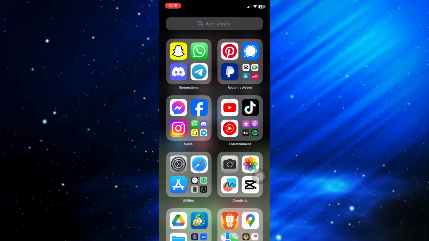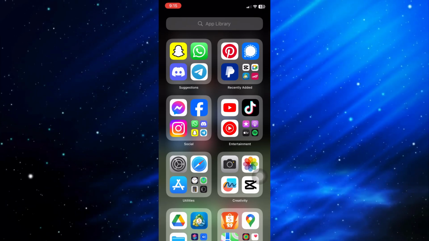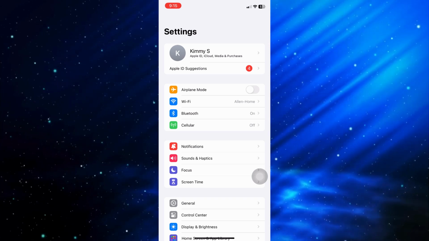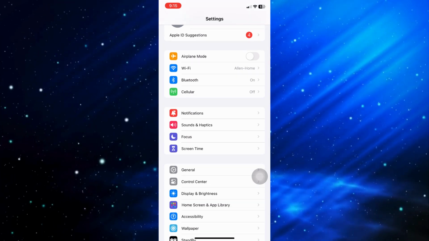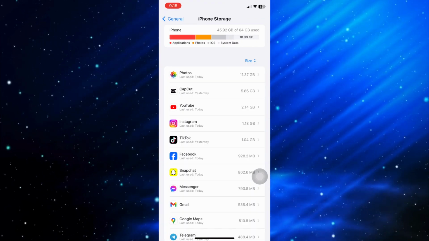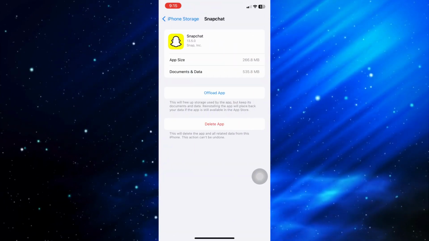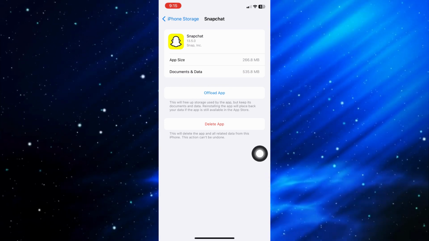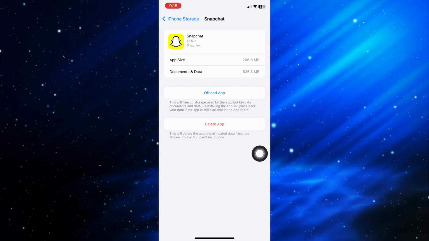Now, the second method in order for you to fix the problem is by heading over to the general settings right here. Inside, click on General, iPhone Storage, and you want to look for Snapchat. Inside Snapchat, just go ahead and click on the Offload app, and right after, go ahead and click on the